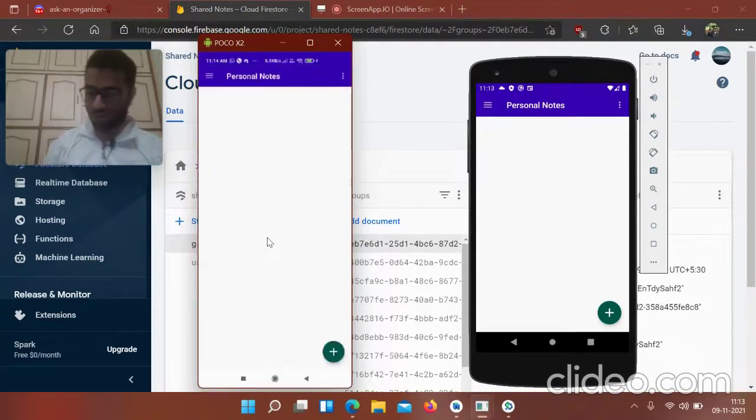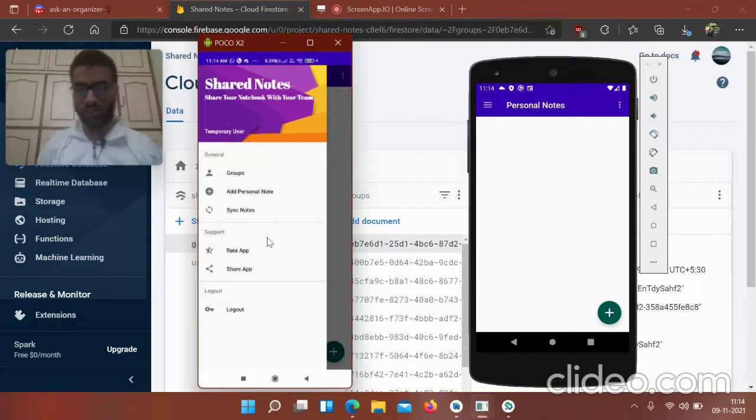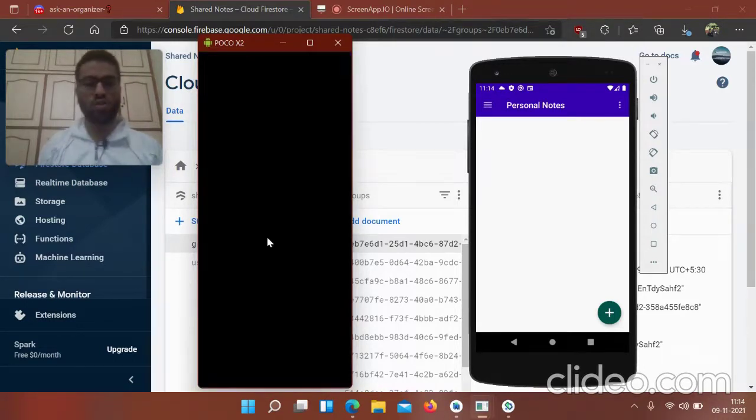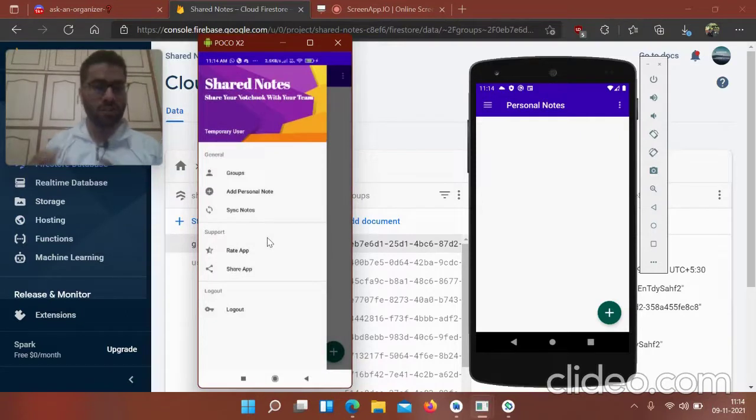This is the intro page. It will just show the version name, and whenever the user is logging in, it will just show temporary account at first, and the user has some restricted features. As for now, the user can only upload personal notes and photos and documents to the personal notes.